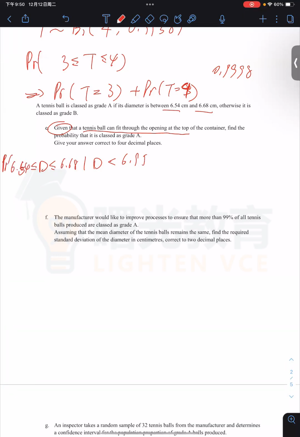And you're looking for the probability for this, all right? And then the intersection is definitely grade A, so 6.54 less than or equal to D, less than or equal to 6.68. And the probability that the ball can pass through would be